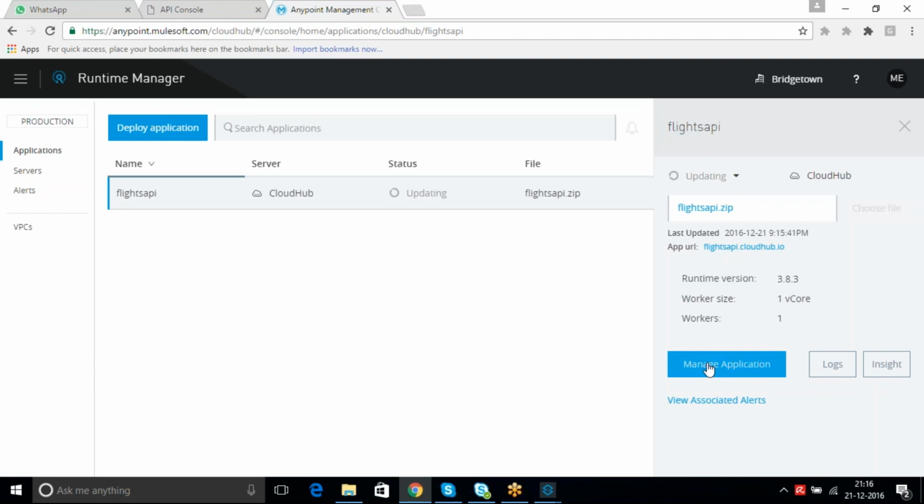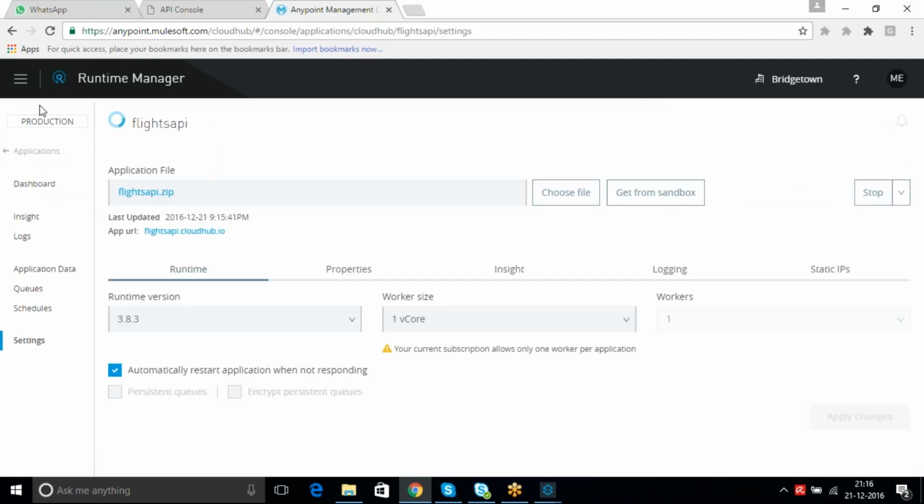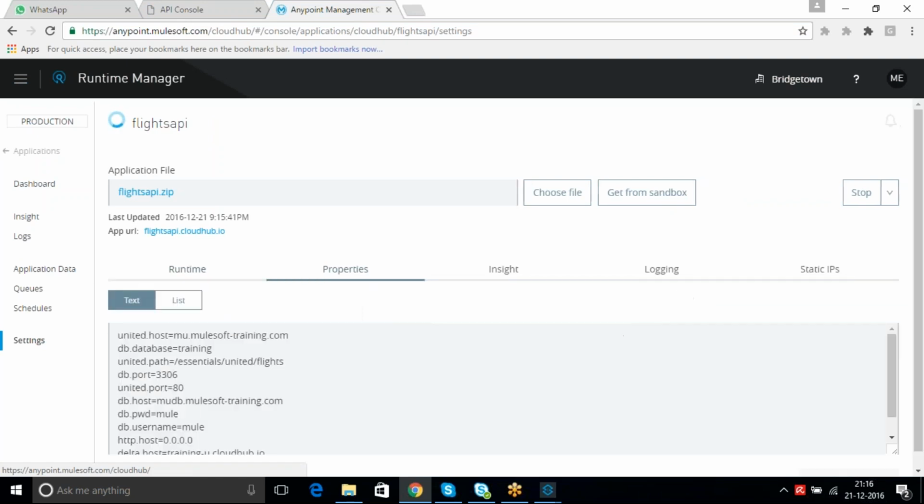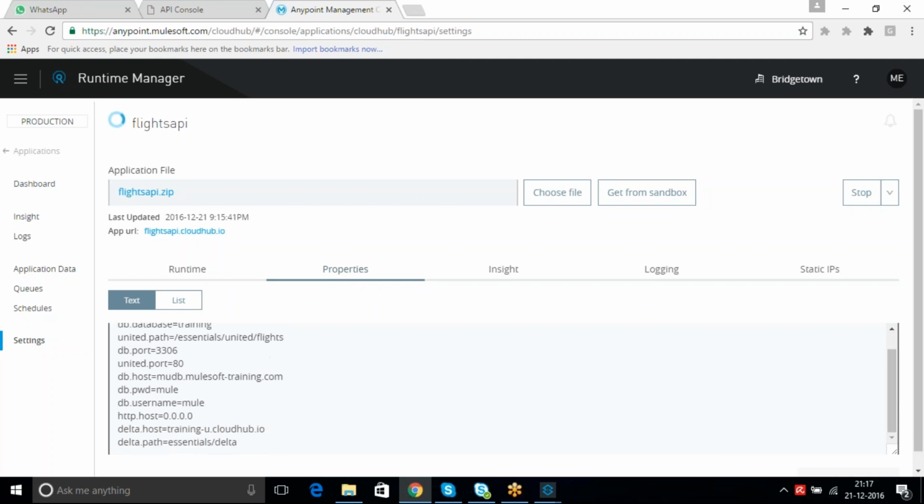Now if you see the manage application, you can see the complete dashboard and the different types of settings, and you can see the properties here. At any point of time, you can change these values. Let's say you are connecting to a dev system database. Tomorrow you want to connect to some other database, and your database configurations changed.